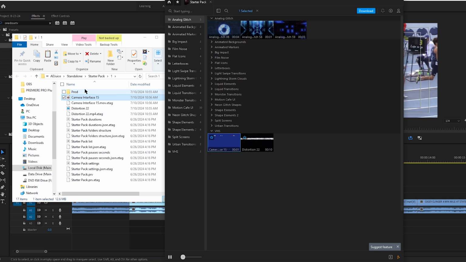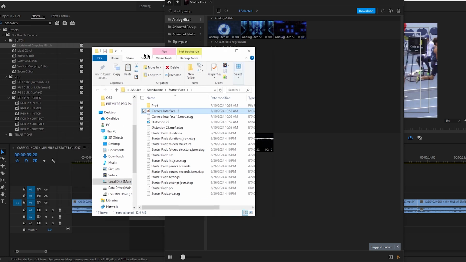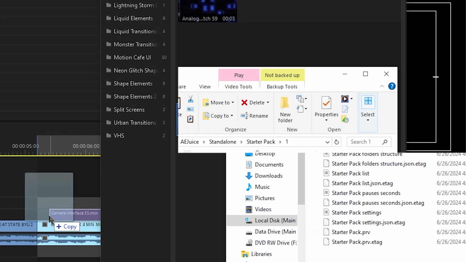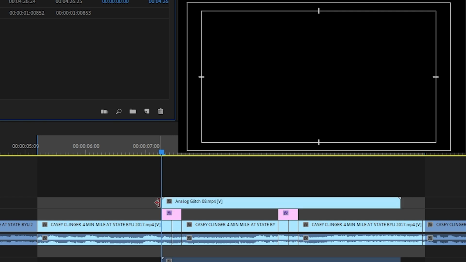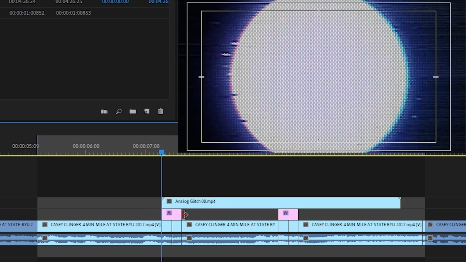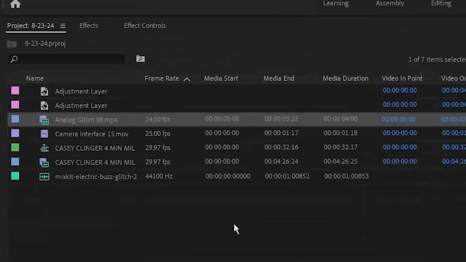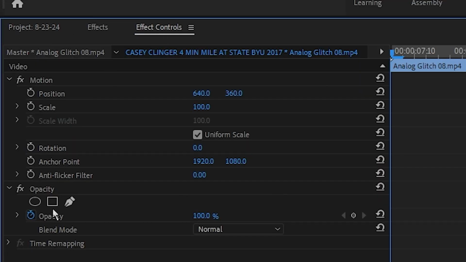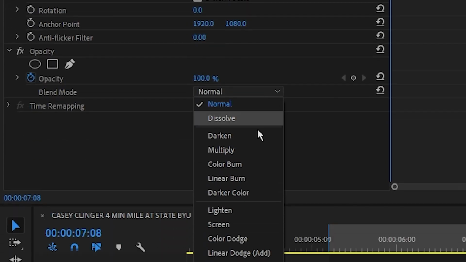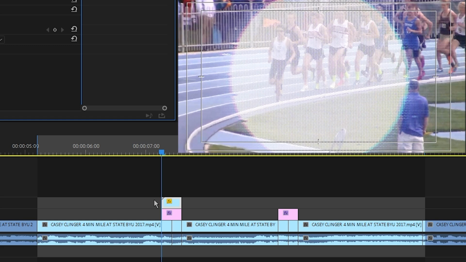As you can see, it will pull up here in the folder, and all you would have to do is drag this onto Adobe Premiere Pro CC. As you can see, we're dragging it above the adjustment layer, and then we'll add a cut. Then if we go into effects control, we can go under to blend mode, click the drop down arrow, and let's say screen. And as you can see,